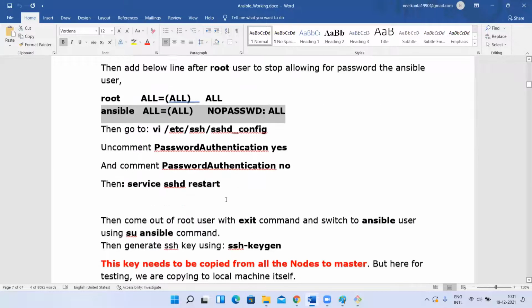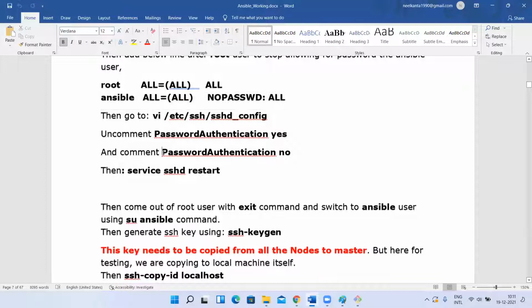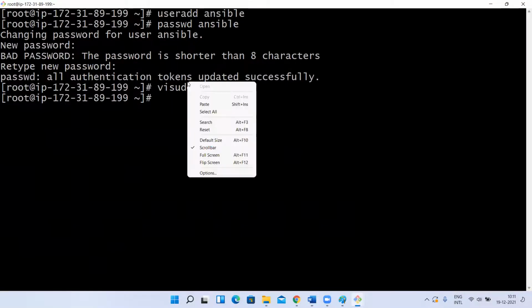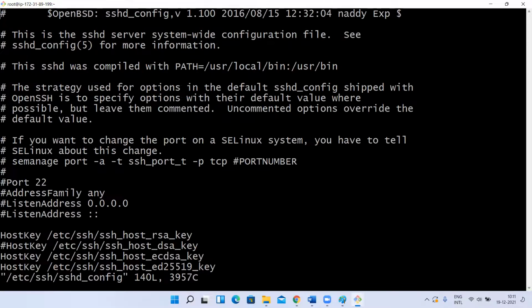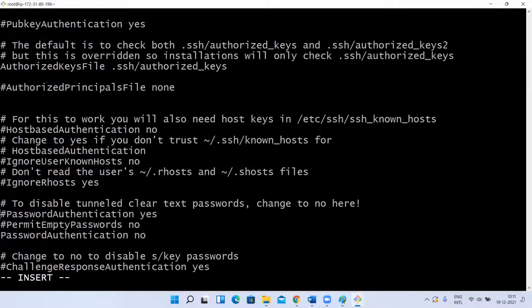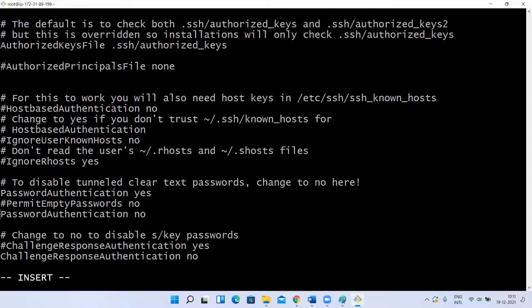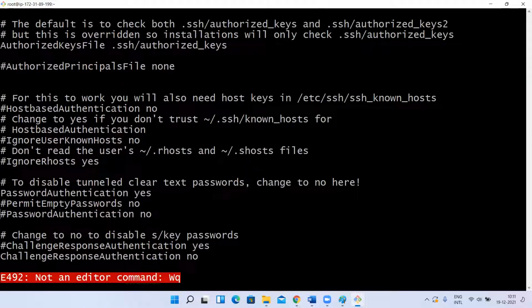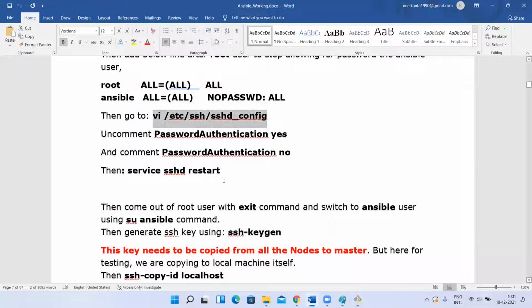After saving, we have to enable this also. Okay, we have to enable that. Then quickly, I'll do this as well. Press :wq, then restart sshd.